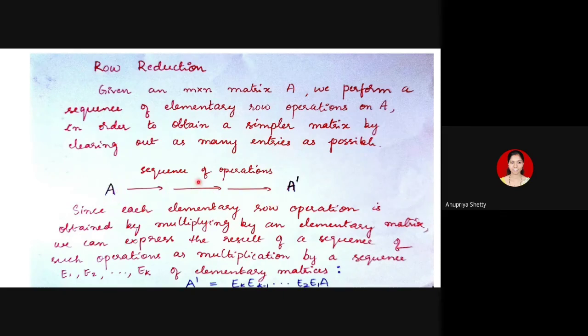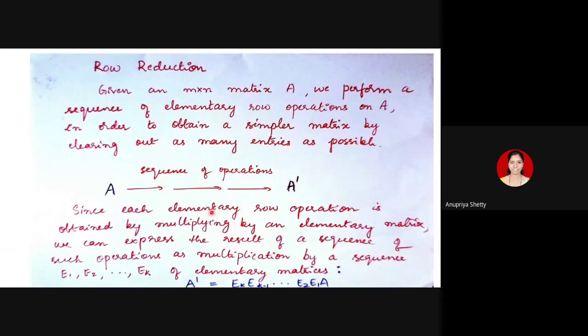So this is the procedure. You start with A and apply a sequence of row operations in order to reduce it to A dash. And it is not A, as I said. If you are asked to solve Ax equal to B, you have to form a new matrix AB, where A is one block and B is one block. That matrix will undergo row reduction to get a simpler matrix. But if you are not asked to solve a system, and instead they give you one single matrix and ask you to simplify it or get the row reduced form, then you take the same matrix and simplify it in order to get a simpler matrix.